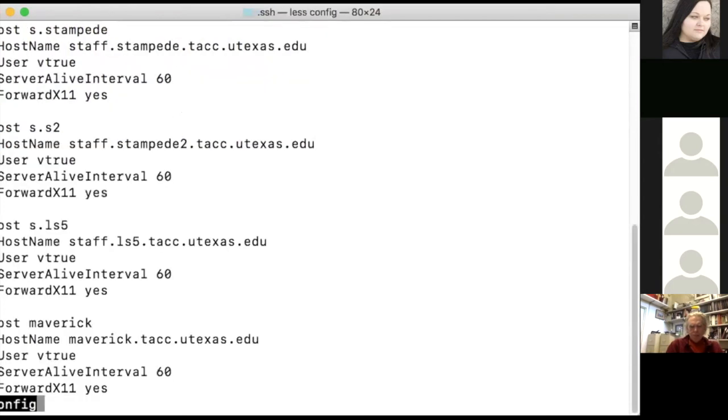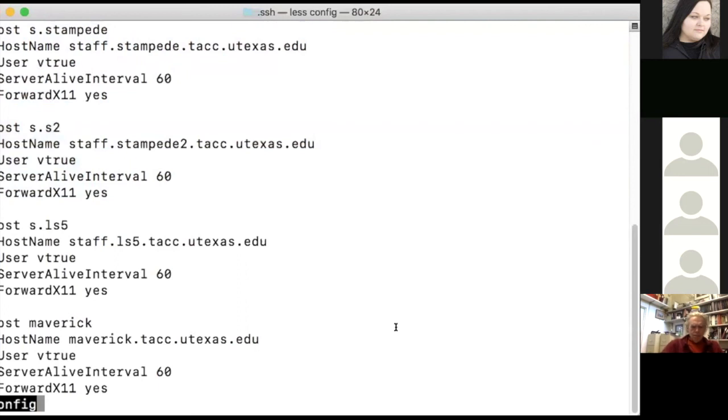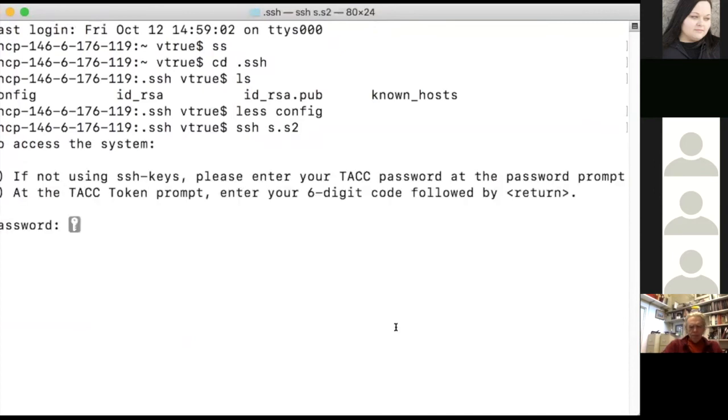And here you can see that I have different host names set up. This allows me to SSH in with a little less work. So I will log in to Stampede2 using my alias. And then my token code.